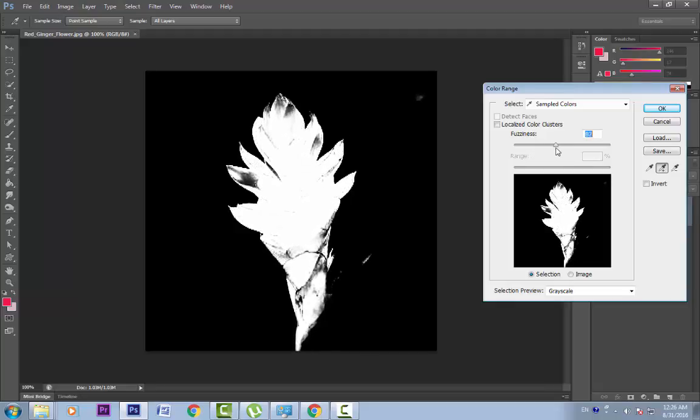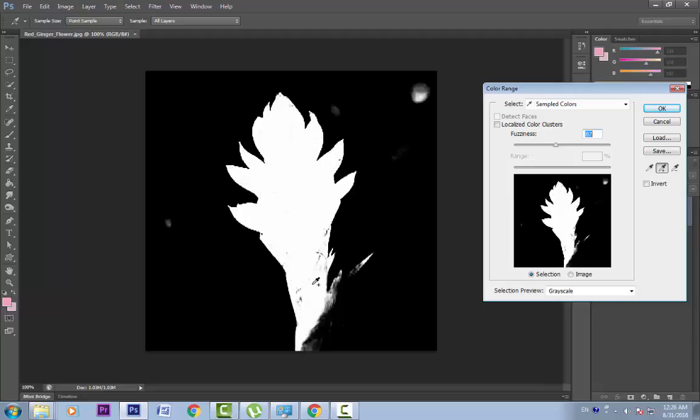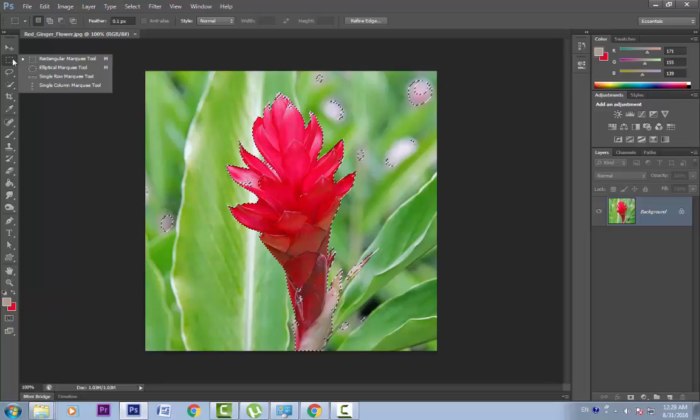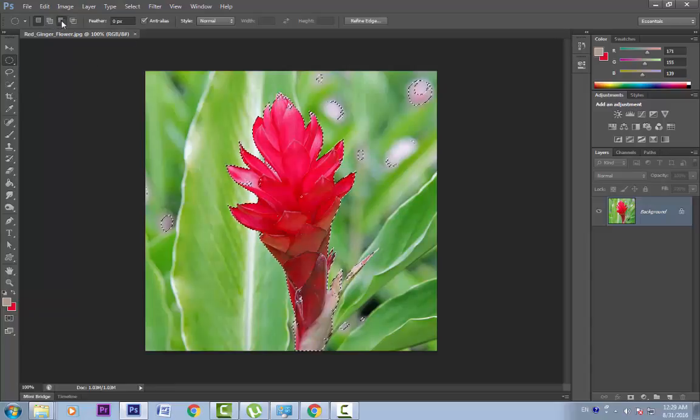I think it's okay for me. I'll select this color as well. I'll select this color. I'll select this color here. Okay. Now you can see that we have some unwanted selections. We can just delete them by using any of the selection tools. Let's see. I'll take this elliptical marquee tool and use this negative one and just delete the selection, remove the